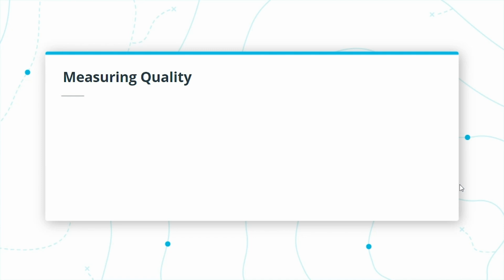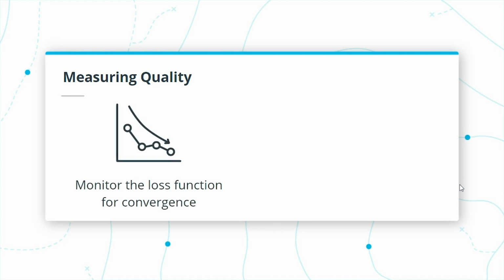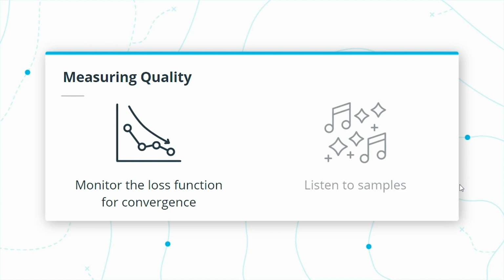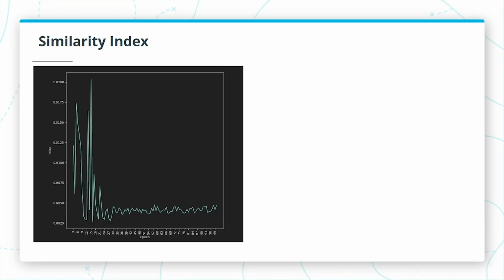We know we can monitor the loss function to see when our model converges. We know we can listen to samples to gauge artistic qualities. Are there other ways we can measure music quality? We can measure how close the model is at mimicking the style of our data, and we call this the